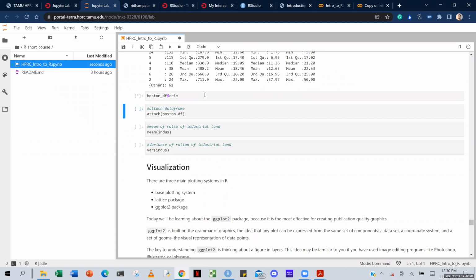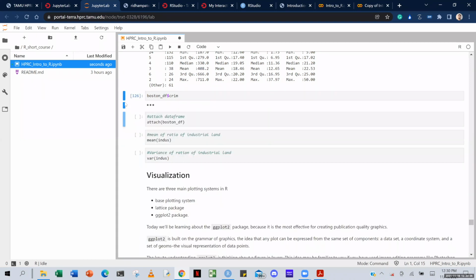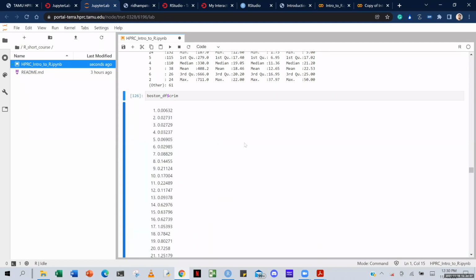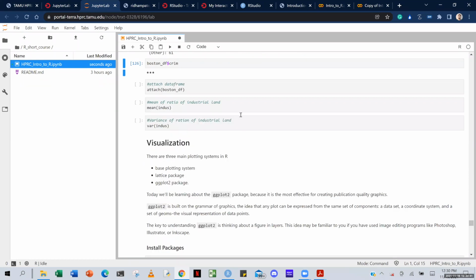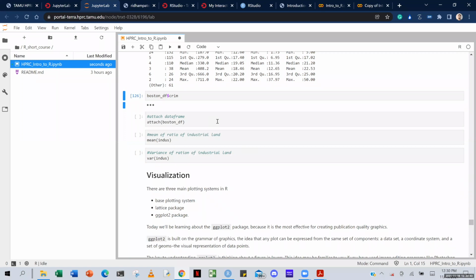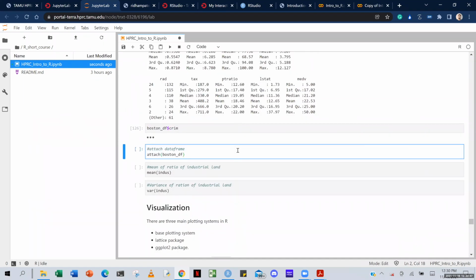This will just give me the column. You can click here to not show the entire result because it's too long to scroll down. You can just click here. Okay, by attaching a data frame,